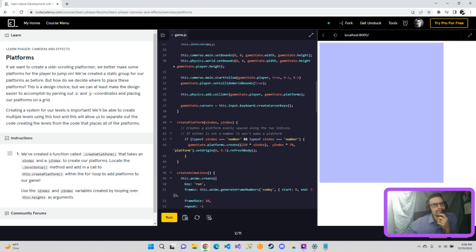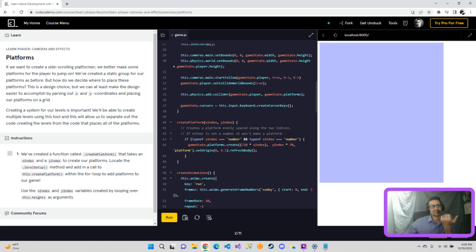Okay, so if the type of X or Y index equals a number, and this is an AND operator, so both conditions have to be true in order for this to execute. So if the Y index is a number and the X index is a number, it will actually create the platform